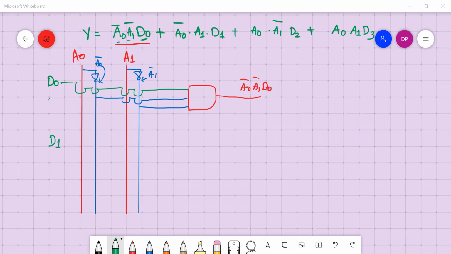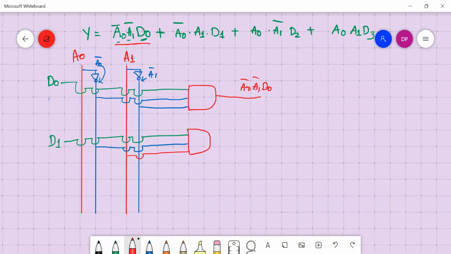So first you take D1. Then A0 complement needs one NOT gate, and then you should have A1. Take an AND gate. This is equal to A0 complement, A1, D1.